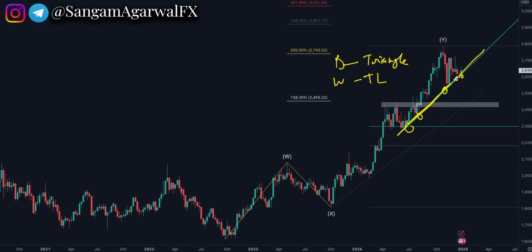As long as price is trading above this trend line, it is bullish, or if the triangle breaks out to upside, then full bullish again. The market will expect a new range high, but a trend line breakout, that means a candlestick close below this trend line, then everything will turn bearish instantly.